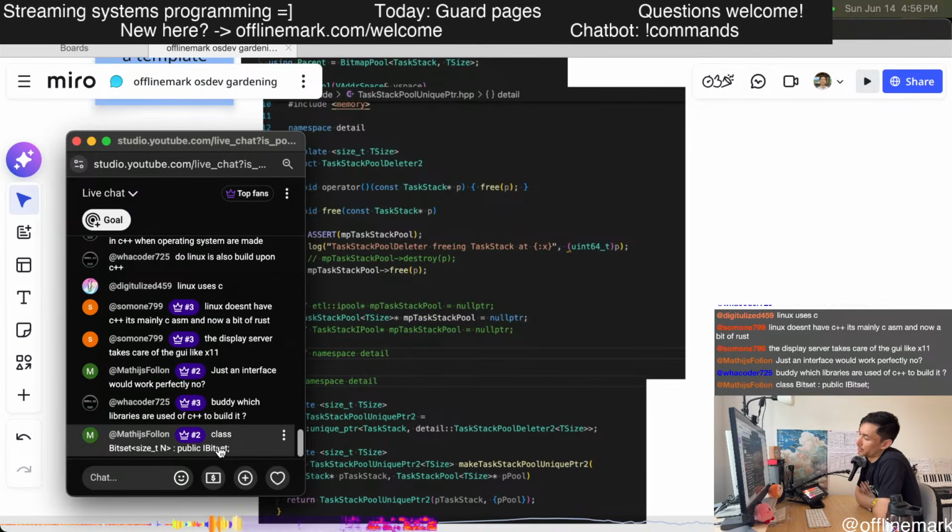Matias is saying, why don't you just make the bit set inherit from some interface and call through that. That's actually a reasonable suggestion, and that's different from what I was thinking. So that's genuinely a new suggestion.